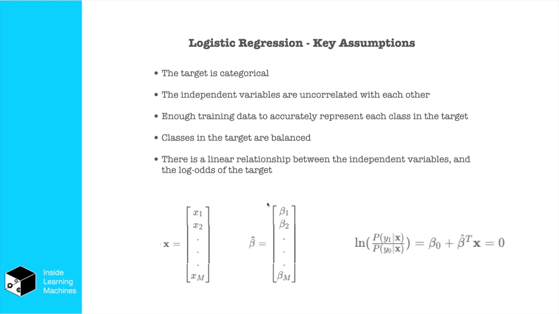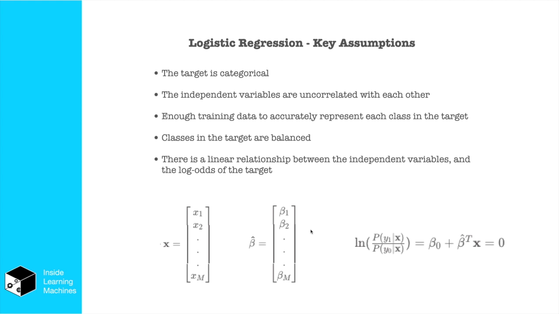Now, if we look at these two column vectors here, x and beta hat, x represents a single sample in our training data. More specifically, it represents a sample of the independent variables in our data. And these data have a total of m features, so this column vector has a number of entries ranging from x1, x2, down to xm. Correspondingly, beta hat also has a total of m entries in it, so from beta 1, beta 2, down to